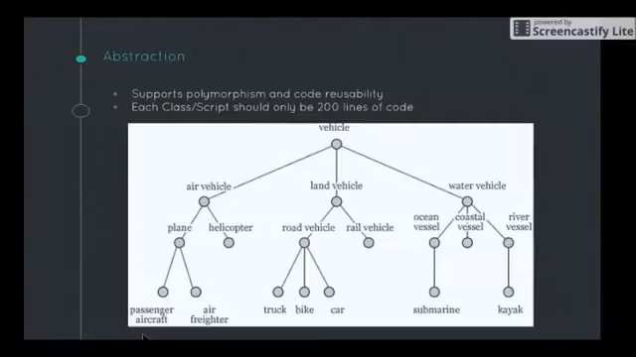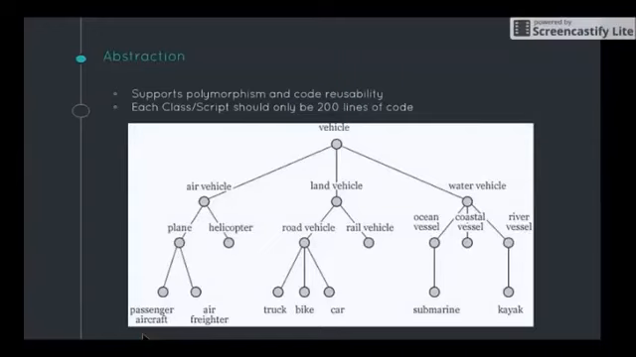Abstraction. The abstraction principle is to remove duplication of code by breaking down the code for reusability and to support polymorphism. Polymorphism is to process objects differently depending on their types. So basically, when you abstract or break down your code, you're simply defining different types for your objects. For example, if you look at the image on the screen, if you break down vehicles into types, you'll have